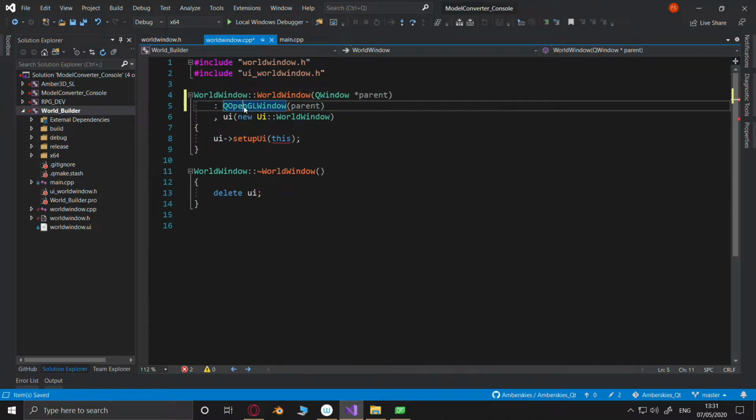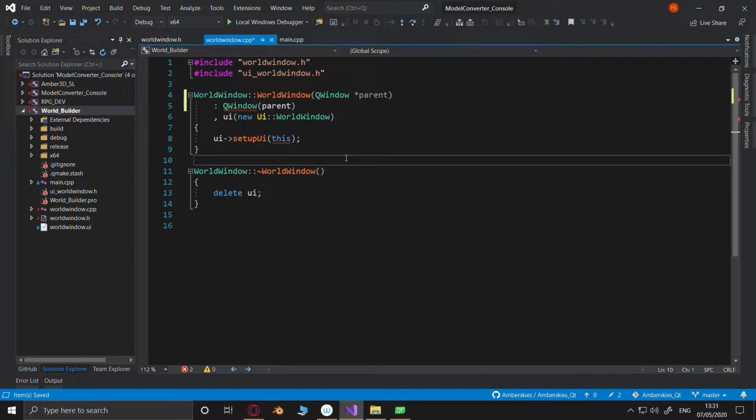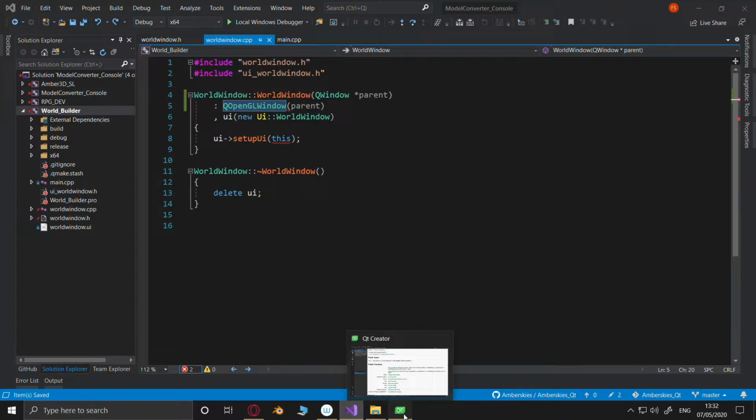That doesn't look right. Yeah, it isn't. That's right. Do I need to protect it? Q OpenGL window.